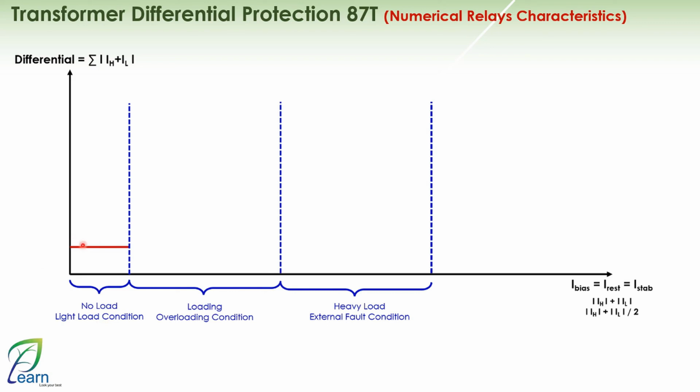This value is higher than all the currents we mentioned, which include the magnetizing current plus any charging current in the cables, plus the maximum possible ratio error between the two sides of the transformer. Therefore, as long as the load on the transformer is from 0 up to this point, it requires the differential quantity to exceed this value for the relay to operate. Very nice. Okay, when we move on to the second stage, as we progress, which involves a gradual increase in